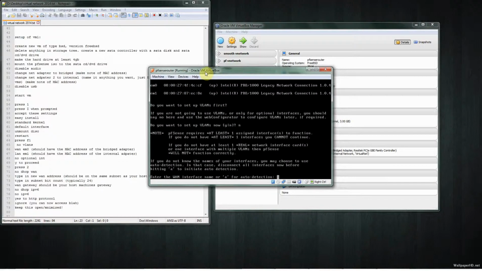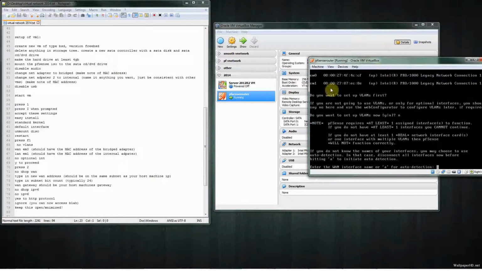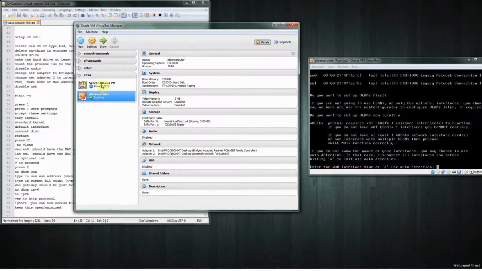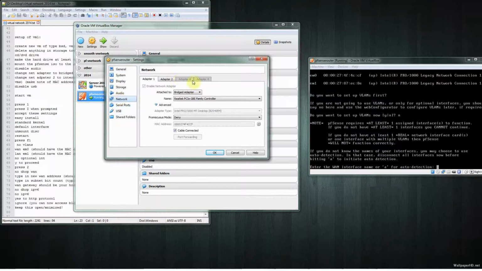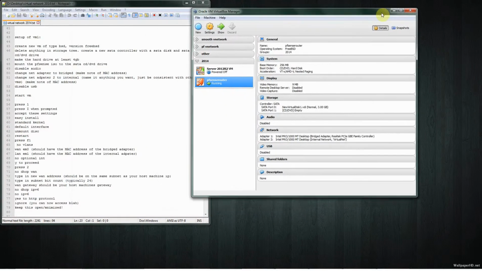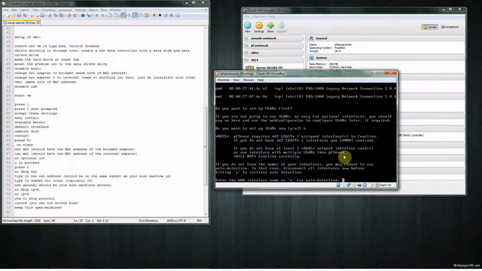Now, just to make sure, if you see here the MAC address of the device, if you go into the settings, network, you'll see it here, CCF. So we know that we want to go with the EM0 for the WAN. Type in EM0,